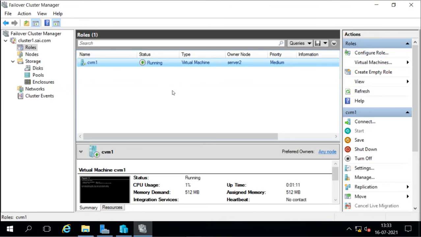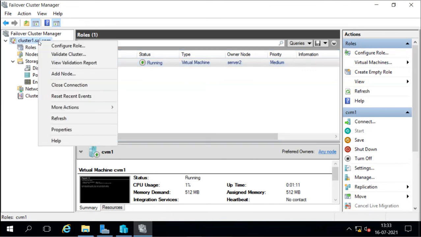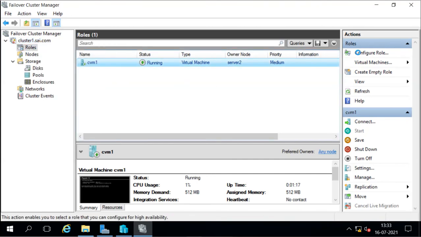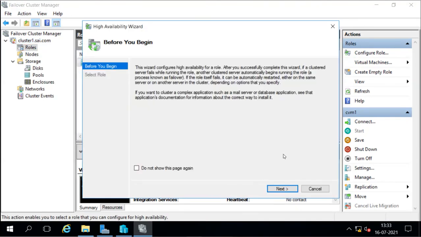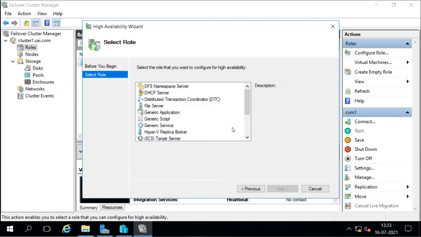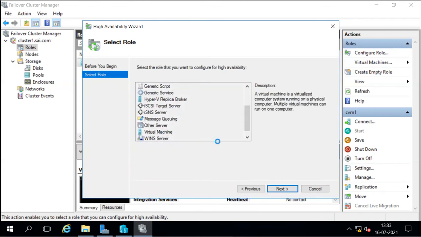Now if we already have a virtual machine, then what we can do is go for configuring the role. If you want to select the existing virtual machine, first we have to move the storage of the virtual machine to the shared storage, and then we go to configure roles and select virtual machine from here.